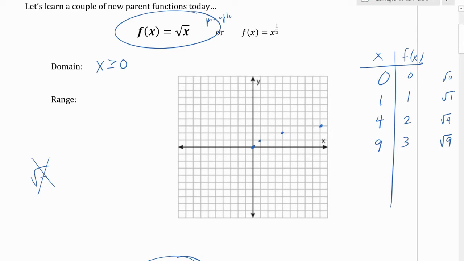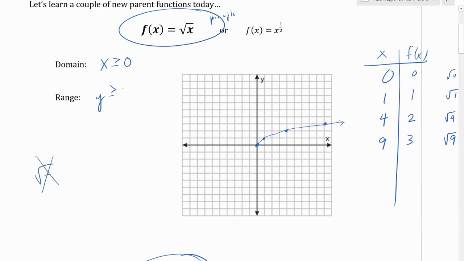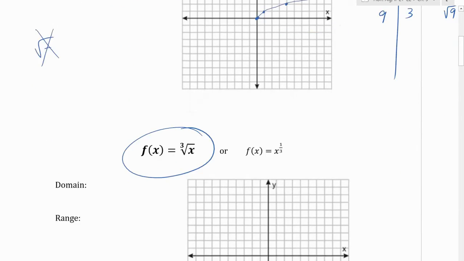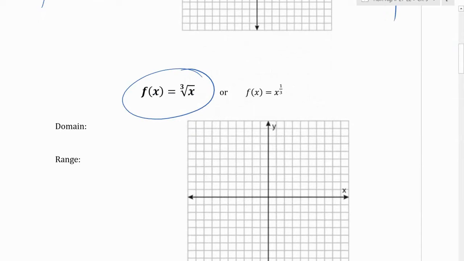I probably should try to at least go through the points. And then just looking at the graph, the range or the y values are always greater than or equal to 0. Okay? All right, now if you do a cube root, though, your domain can be anything,